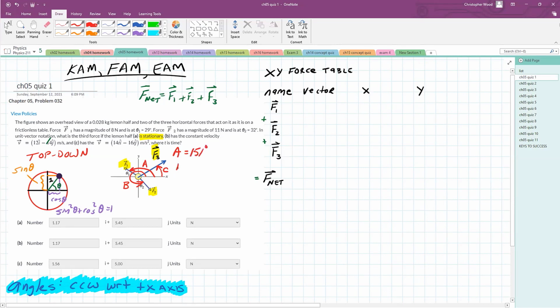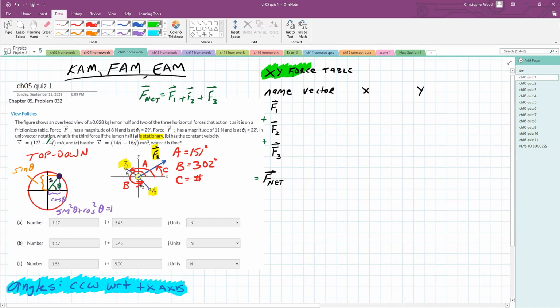My angle B, according to my visual, is going to be 270 plus theta 2, which is 32, or 302. Angle C right now is unknown. So that's it. This is me setting up my XY force table,